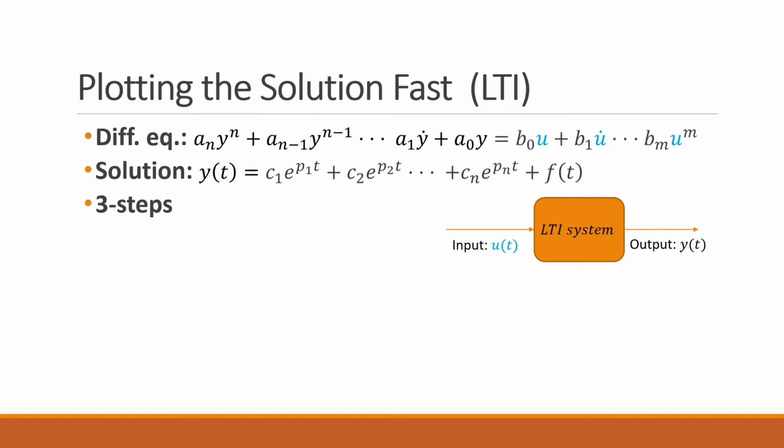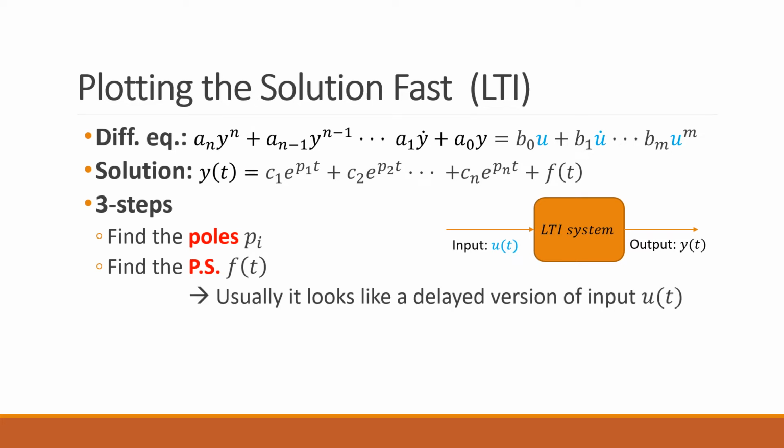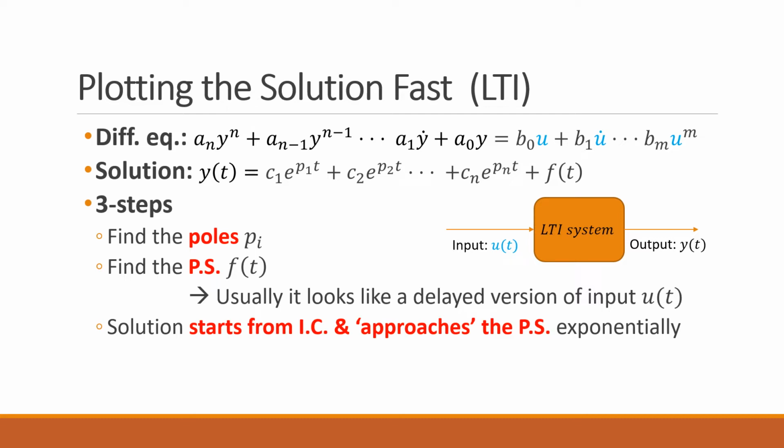It's a three-step process. First, find the poles. Then find and plot the particular solution f of t, which, by the way, usually looks like the input function for simple cases, but it is right-shifted, i.e. time delayed. Finally, the solution graph starts from the initial condition and exponentially approaches the particular solution, if all the